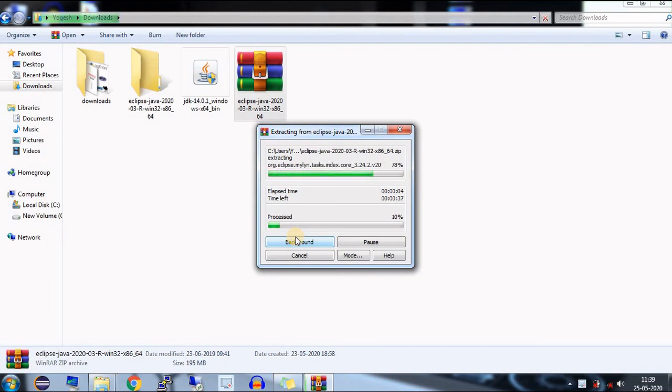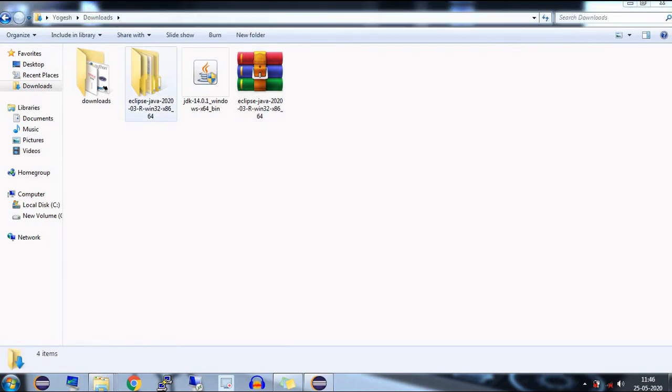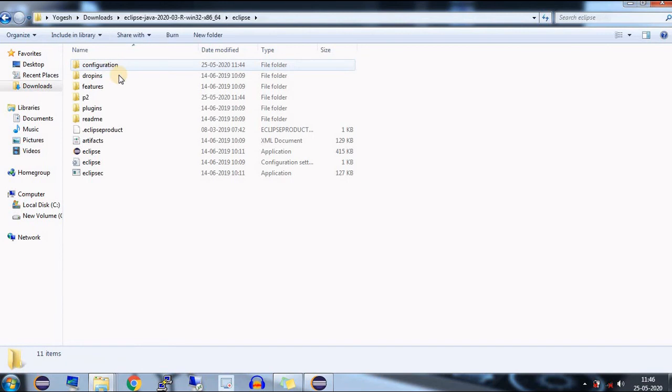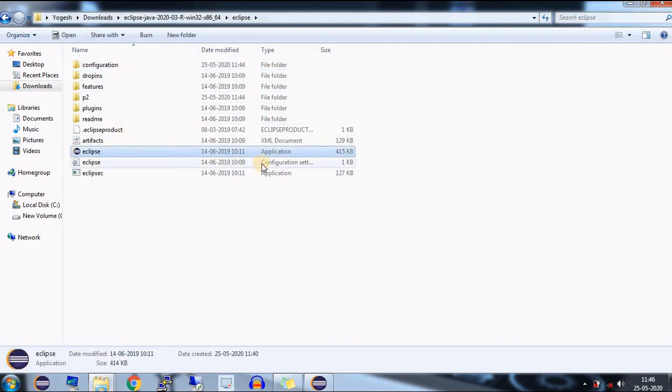Once the extraction is over, we have to open that Eclipse folder. So here is my Eclipse application file. Open the application file by double clicking on it.